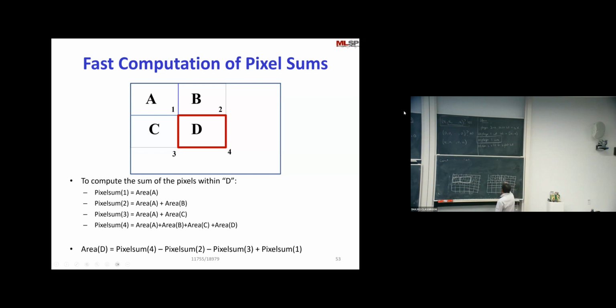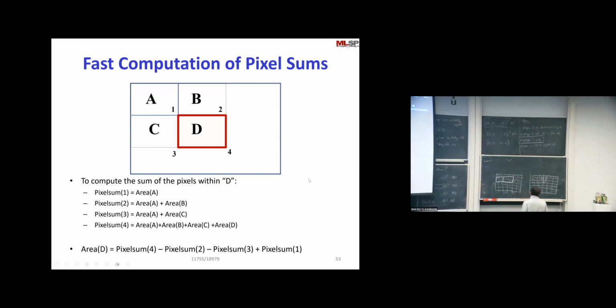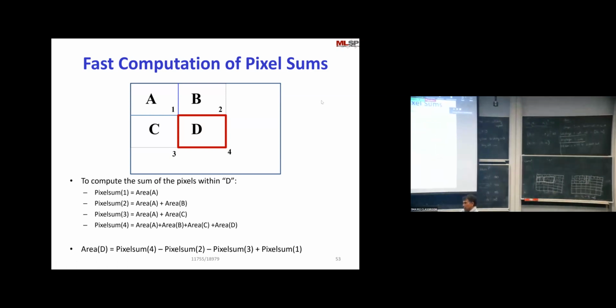So this one, 10, is the sum of everything, right? So 10 is the upper bound on the sum. But this guy here, 3, is the sum of everything above and to the left. So I must subtract 3, right? And then, of course, maybe I should stop it here just for illustration. Out here, 3 is the sum of everything to the left. So I have to subtract that. But in the process, I subtracted this twice. So add that one back, right? And with 4 additions, I got the sum of the entire box,